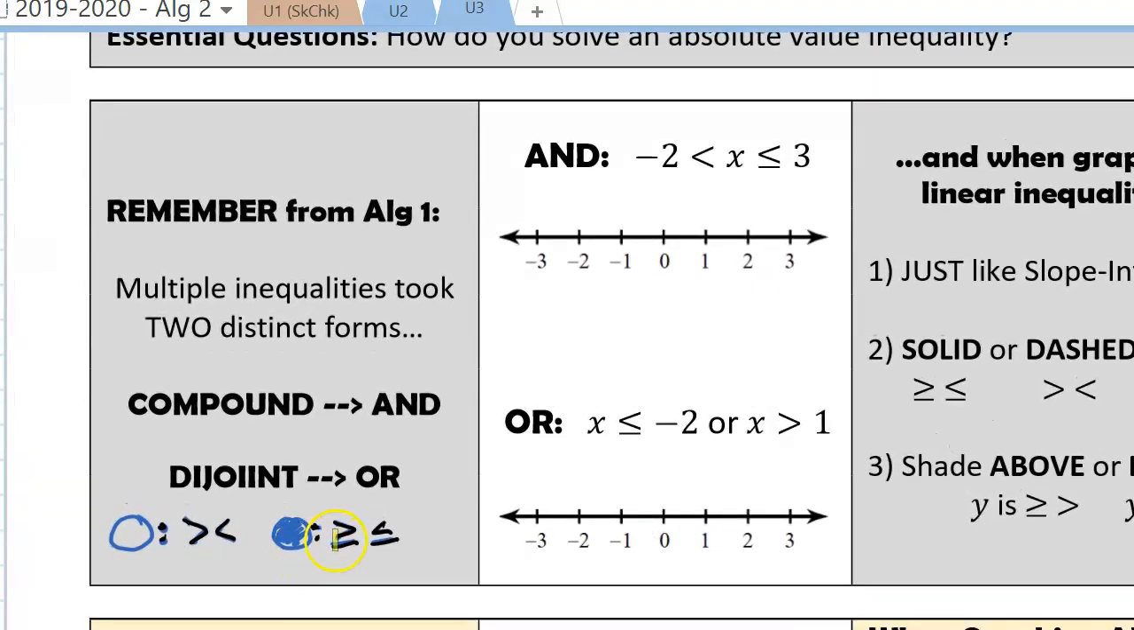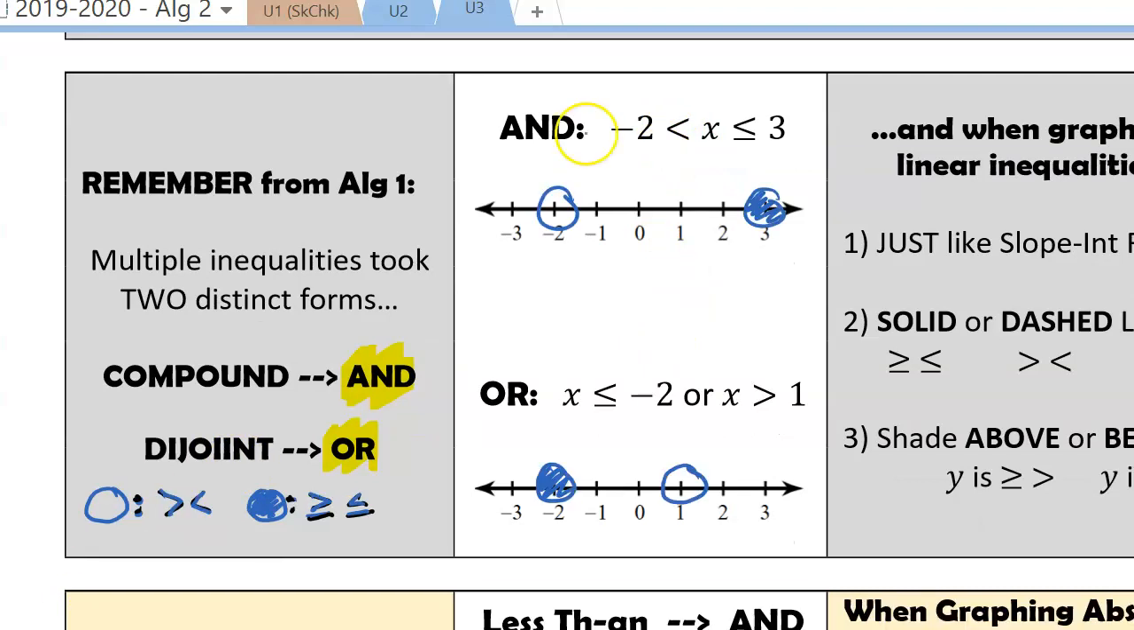We had open and solid dots coming from greater than and less than, solid dots coming from greater than or equal to, less than or equal to. And we covered two different types. We talked about ands and ors. So putting the dots on both of these compound inequalities, and or sometimes called disjoint,